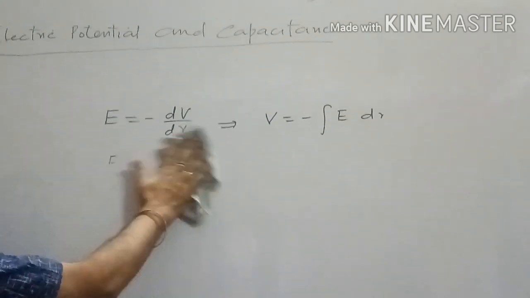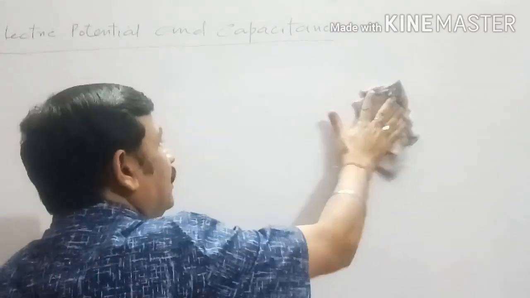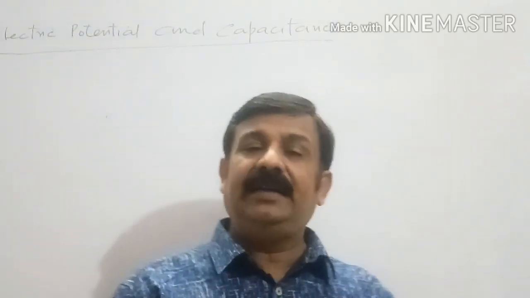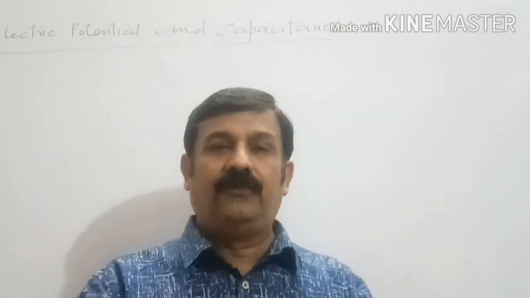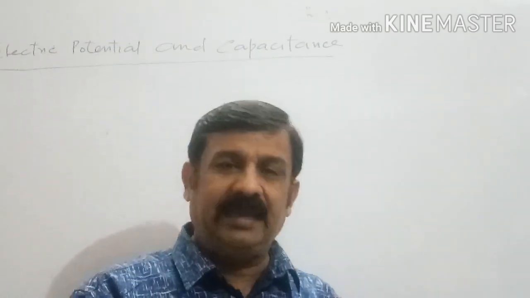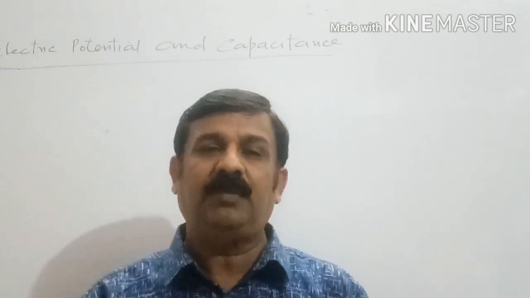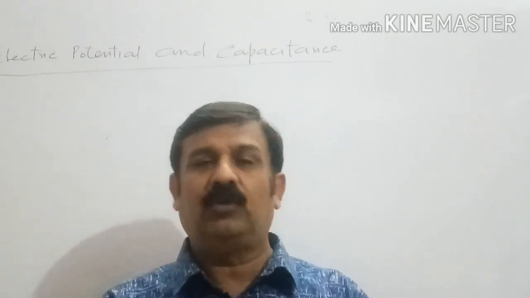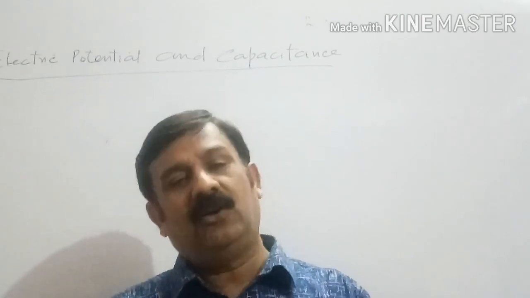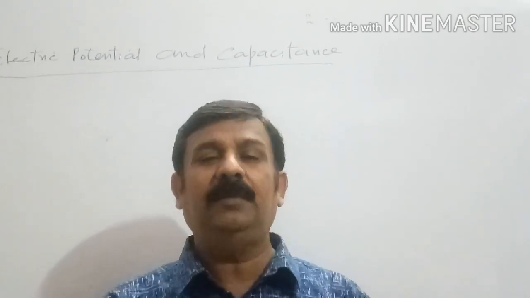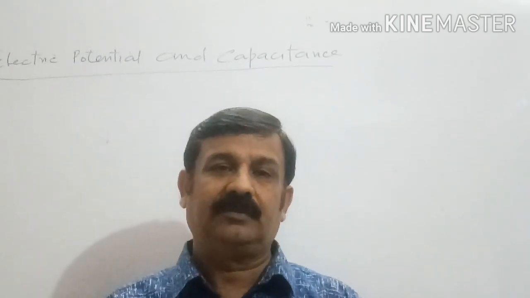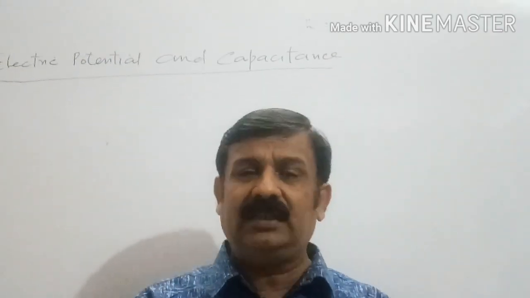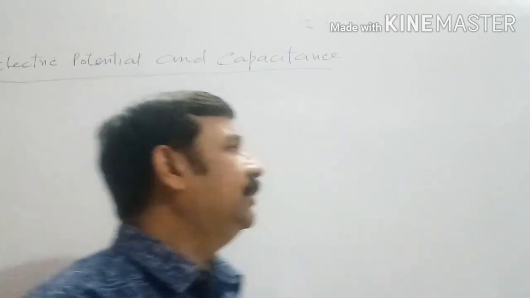Now, what is an equipotential surface? Such a type of surface at every point of which the value of potential remains the same or equal is known as an equipotential surface. The peculiar properties associated with this equipotential surface are: number one,